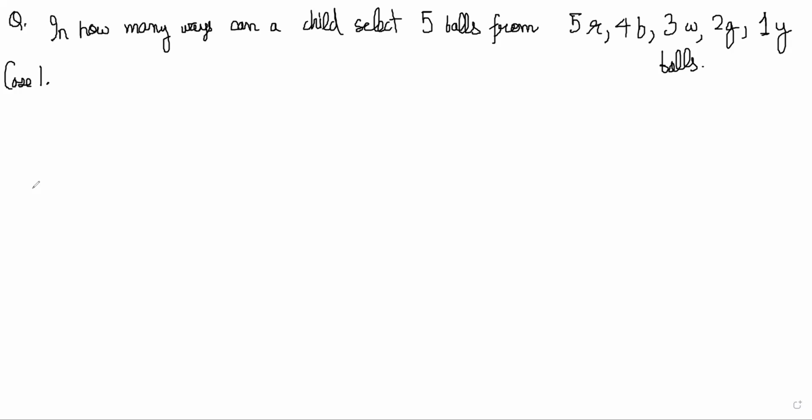Are you guys getting the cases here? We can choose, first case is 5 identical balls. That's only one because all red. Then case two is 4 identical and one different. So choosing 4 identical, we can do it in two ways, either 4 red or 4 black, two ways into